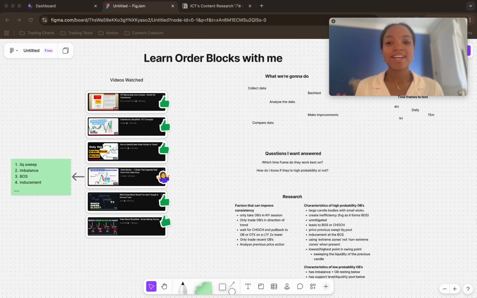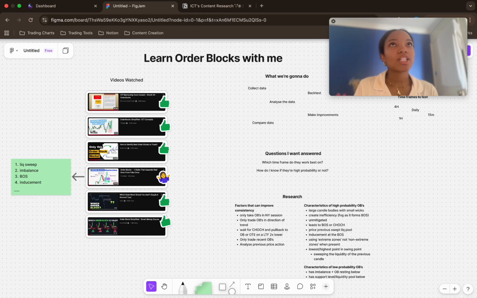Mastering Order Block series. In this series, I'm basically going to be going over order blocks and just showing you guys how I'm going to go through the process of trying to learn. I've been studying order blocks. I've been going through the ICT month number 4 content, and as you guys know, I put all of my